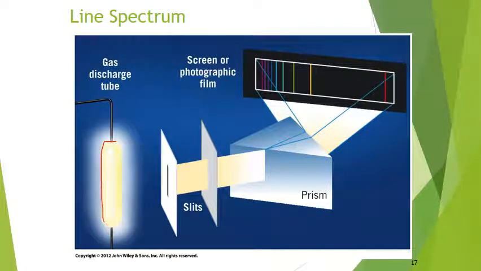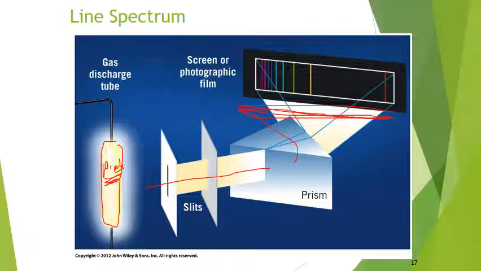So here's your gas. It might be hydrogen gas. It might be this pink color here. That happens when you light up, when you give energy to hydrogen. And then what you do is you look through it at a prism. And what happens is that you get this,